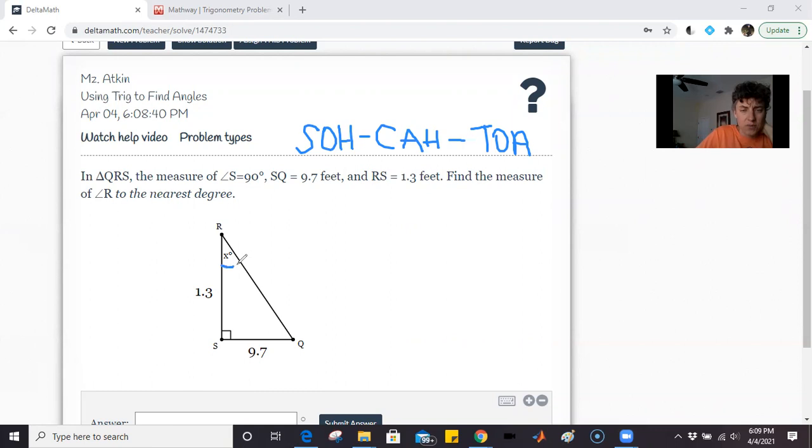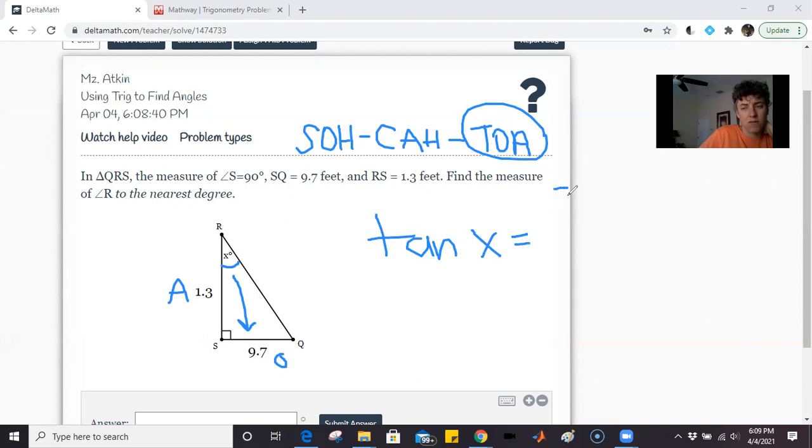So in relationship to the angle of interest, we have the side across from it. That's called the opposite side. We have the side right next to it. That's not the hypotenuse, so that is the adjacent side. So we must be using tangent. So we have tangent of our mystery angle X. Tangent of X is going to equal the opposite side over the adjacent side, 9.7